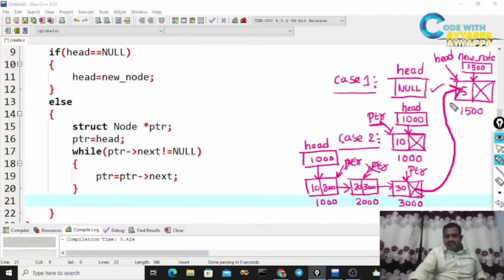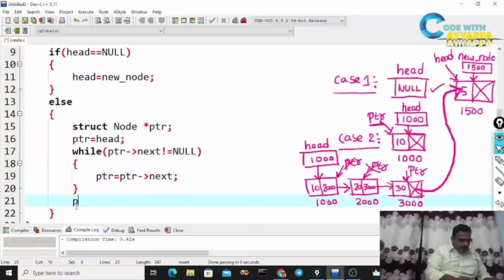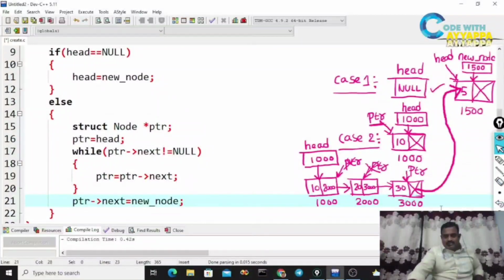Then this linking will be established. Now what I need to write here? ptr arrow next is equal to new_node. So then this linking will be established.